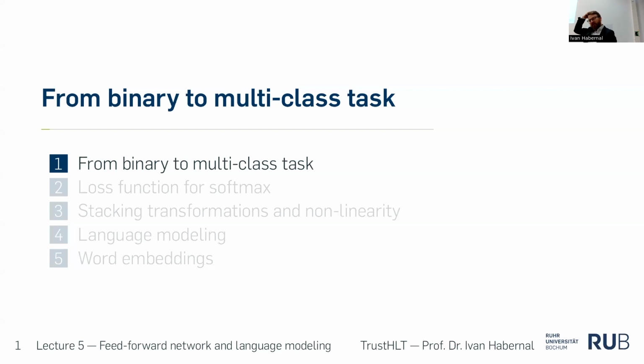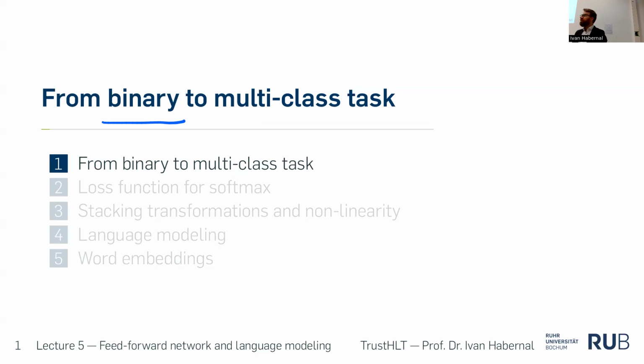So let's start first with where we finished last time, which is the binary task. What were we dealing with? Movie reviews, right? Binary, positive or negative. This is the task we were doing last time, right? Is it true? Okay, good. It was a kind of limited model because we had just two outputs, either yes or no, or 0 or 1. We might have problems, for example, which need multiple classes. So, for example,